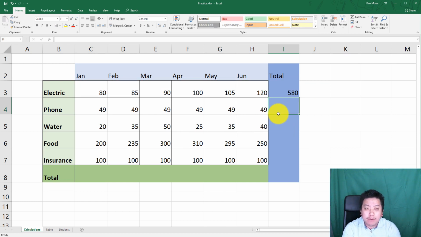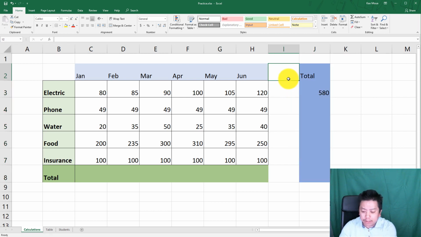And now I have my sum for my electric bill. Now let's add July to this as well, to see if it updates. I'm going to move this over, and I'm going to add July here, and add my bill for July. And yes, because if we look at this cell, my total for electric, and look at the formula bar, it does the sum function for us, right? So that's how we know it's going to update anytime we make changes